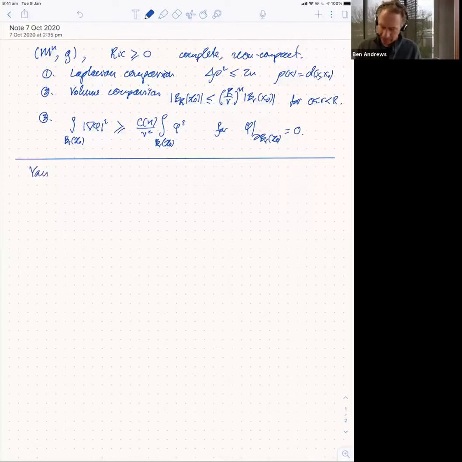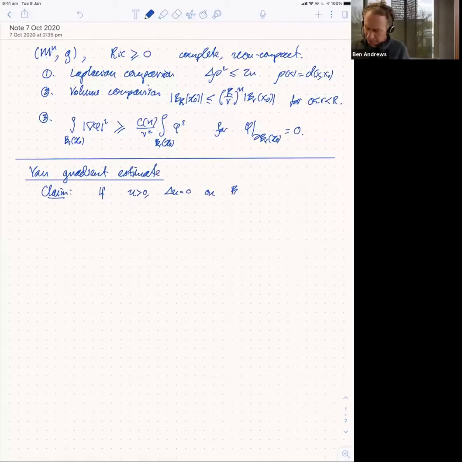Well, let me tell you what it says. It's a beautiful application of the maximum principle to prove a gradient estimate. So really it says that if I have a positive harmonic function, so u greater than 0 and Laplacian of u equals 0 on the ball of radius r about x naught in M, and of course I'll just assume throughout that we have Ricci non-negative and so on, then we get an estimate on the gradient of the log of u